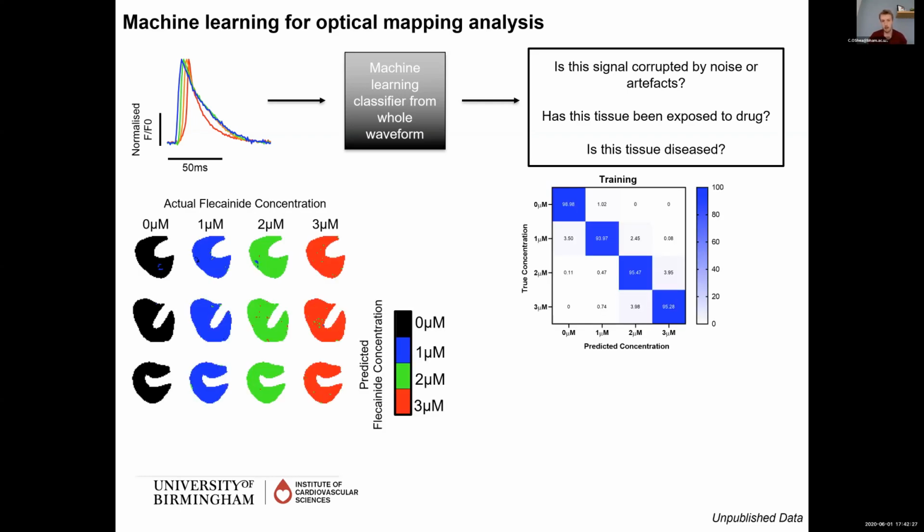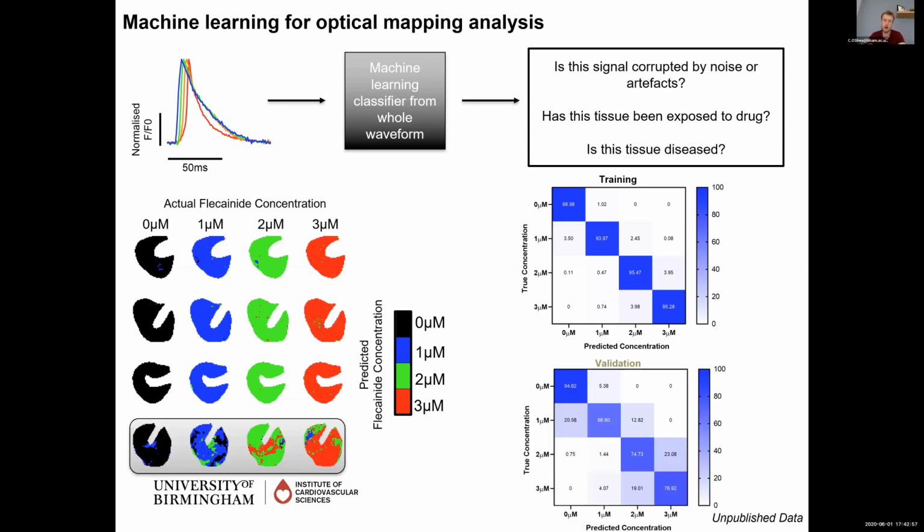So to test whether this is possible, I took optical mapping experiments where we infused the sodium channel blocker flecainide at varying concentrations. I then used these data to train a machine learning algorithm, in this case a neural network based on the LSTM architecture. Then, when I give it another heart which it hasn't seen, in this case the fourth heart, how well can the algorithm pick out the changes induced by flecainide? And you can see here that even though the fourth heart has not been seen by this algorithm at any point, we get reasonable